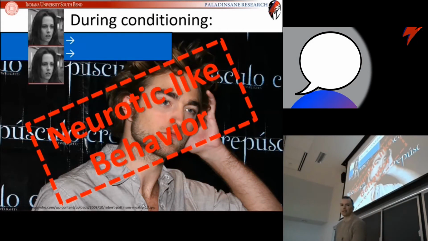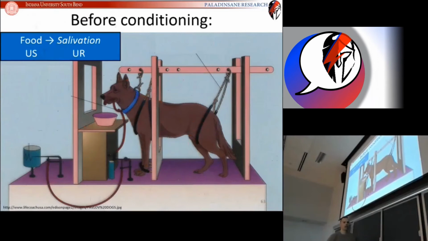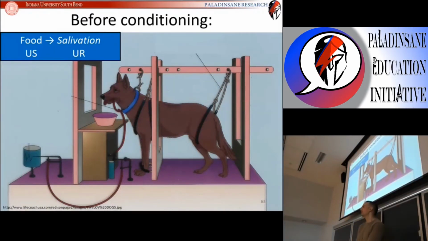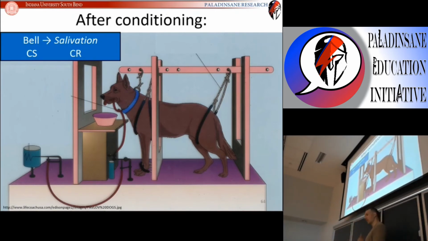All right, so now we're going to tackle what is going on with the conditioned response. Sometimes the conditioned response is exactly the same as the unconditioned response. Sometimes the conditioned response is the complete opposite of the unconditioned response. So if before conditioning food, the unconditioned stimulus, causes salivation, the unconditioned response, after conditioning, the bell that has become a conditioned stimulus now causes salivation, the conditioned response. Exactly the same